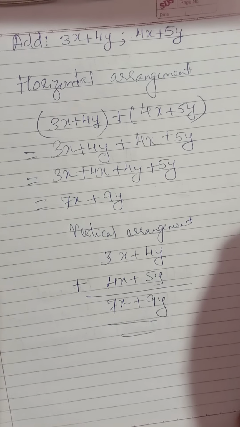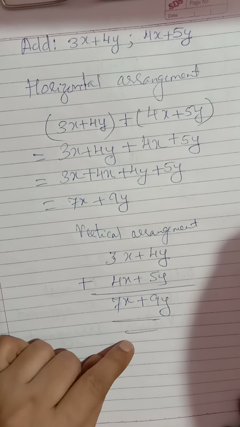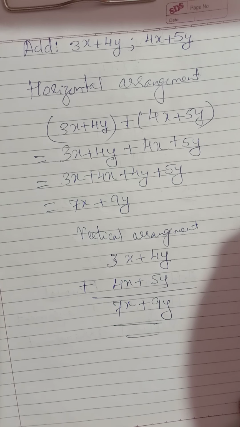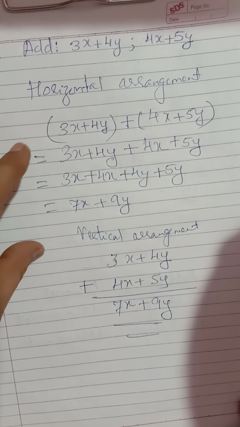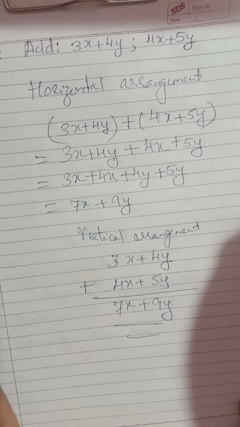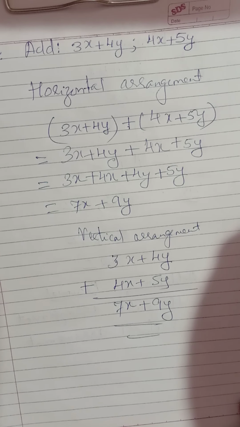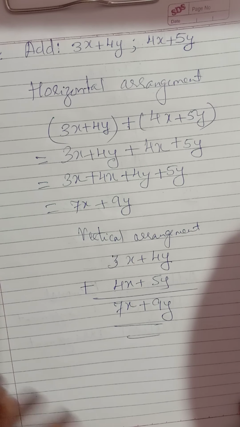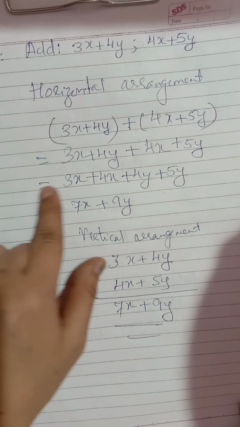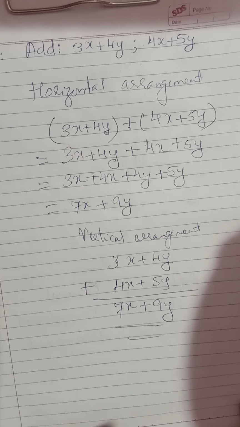But children, as you grow up, you will find little difficulties in doing sums vertically, so mostly we use the horizontal method. In higher classes we use the horizontal method, so I request you to have more command of the horizontal method, because in subtraction you will find difficulty doing it vertically. So we keep one standard method. You are free to do the vertical method, there is no issue, but in higher classes we stress more on the horizontal method. So from now onwards you can just practice the horizontal method.